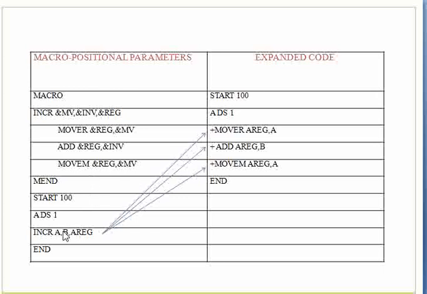So when you look at this macro expansion, we see that the flow was sequential in nature. That is, it was taking one line after the other. Now the question arises, is it necessary that lines in the macro are always visited sequentially? No, that is not the case. We could have certain lines being visited only when they satisfy certain conditions, or it could be the case that a certain line is visited multiple times.